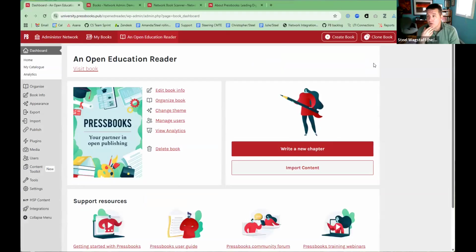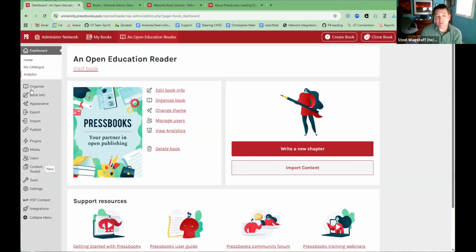So the first thing that I want to look at is, what does it feel like to use the Accessibility Assist tool while I'm editing content in a book? This tool is designed to help authors as they go identify and fix accessibility issues rather than remediate them. It's better to do it right than to remediate it later.